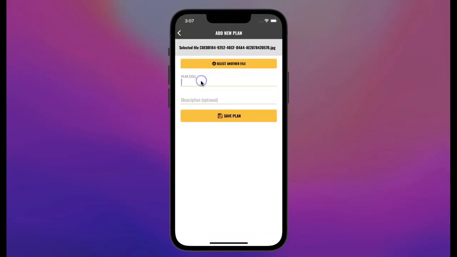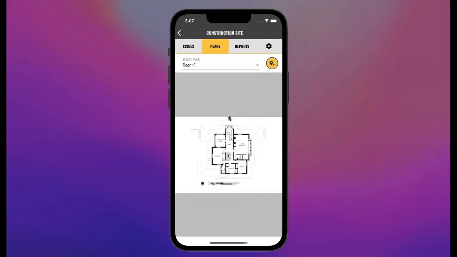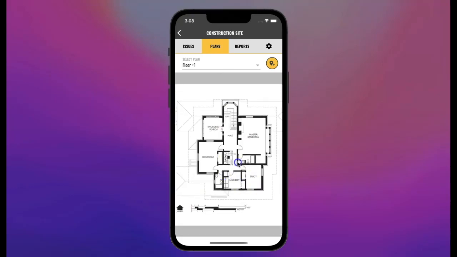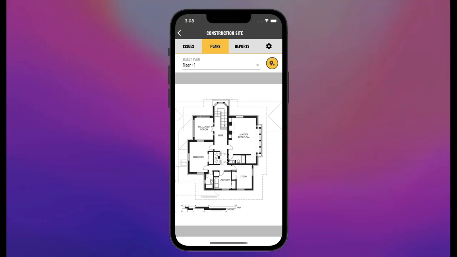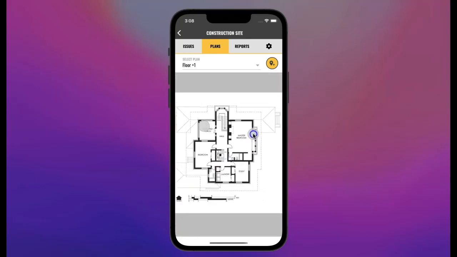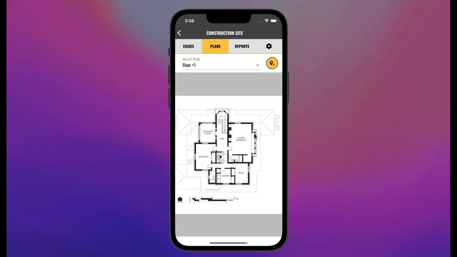Next, give it a title and save the plan. To upload a plan you need to have an internet connection. I've just got a notification in the mail that the plan was uploaded to my project. And as you can see here I have a preview of the plan. To navigate between uploaded plans you need to use the Select Plan dropdown. It's worth mentioning that the best way to add multiple plans at one time is using a web app where you can upload at one time, by dragging them in a special field.